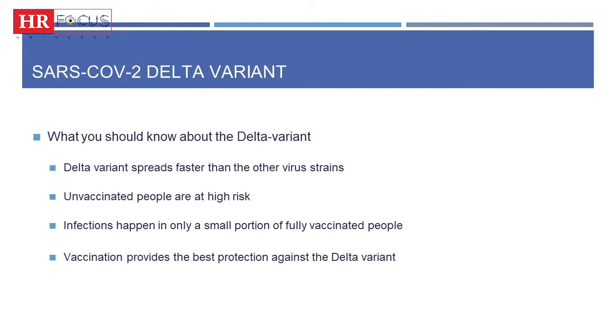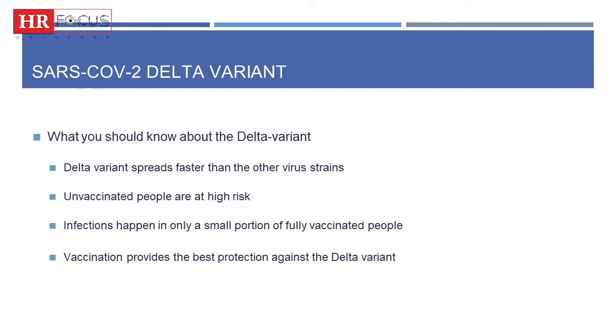So what do we need to know about the Delta variant? Basics. It spreads faster than all the other variants. It's more deadly, and spreads faster than Alpha, Beta, and Gamma. Unvaccinated people are at high risk. And this, I'm sure, will be a matter of concern to our HR folks as well. Because if we have a new variant, and this variant has a possibility to cause very, very severe cases, and there are so many other people around who haven't vaccinated, it becomes a huge public health issue.